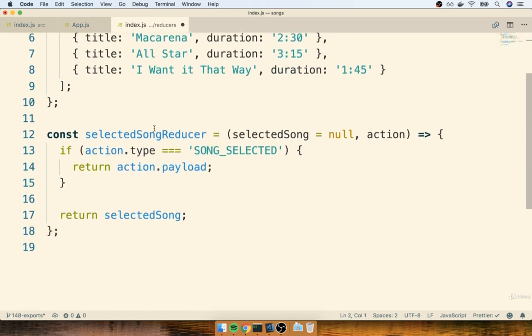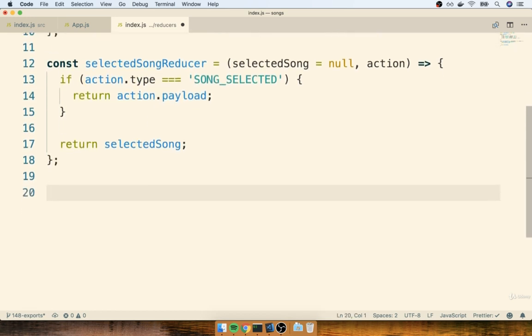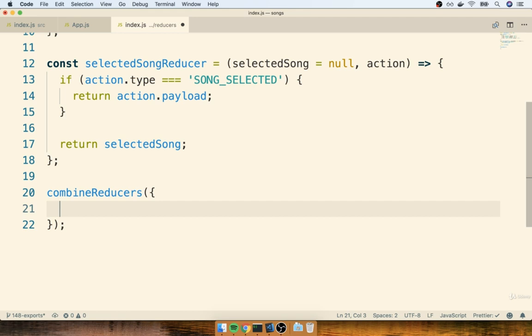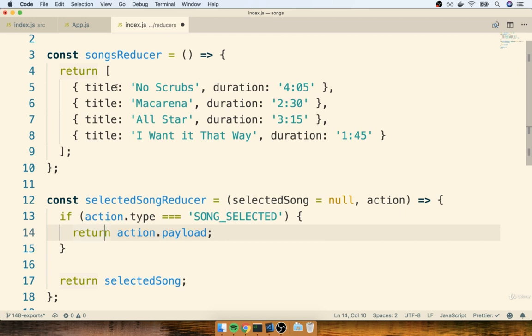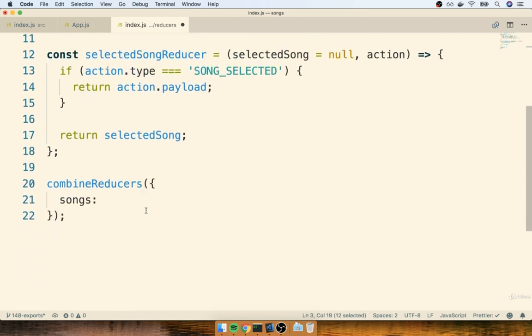So now at the bottom of the file, I'm going to make use of that combineReducers function. I'll say combineReducers. I'll pass it an object. And remember, the keys of this object are going to be the keys that show up inside of our state object. So I'm going to assign a key of songs to this thing, and that's going to get my songsReducer.